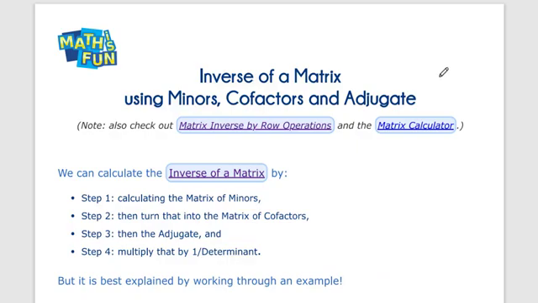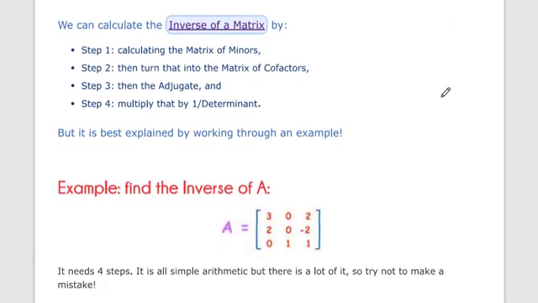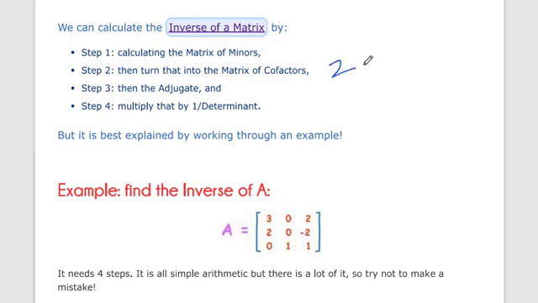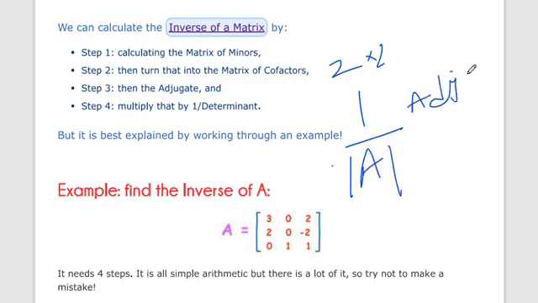Now there is also a second method to find the inverse of a matrix. We have already discussed in the 2 by 2 matrix, the equation is 1 upon determinant of A times adjoint A. But in a 3 by 3 matrix, how do we find this adjoint A? Okay,